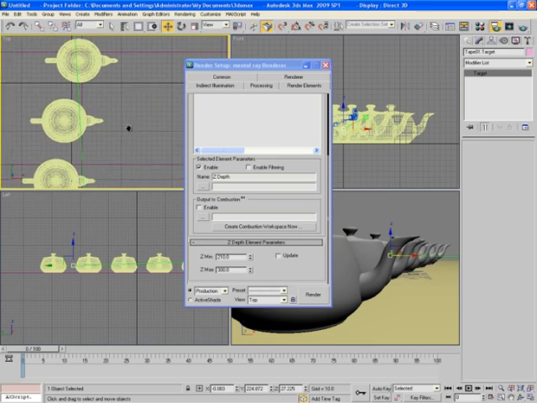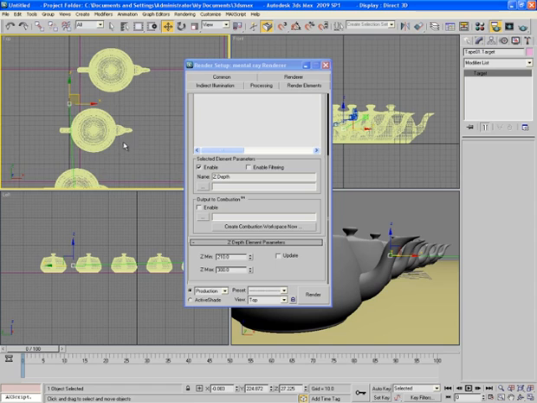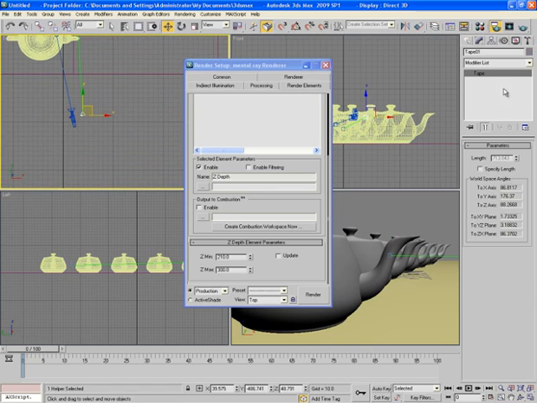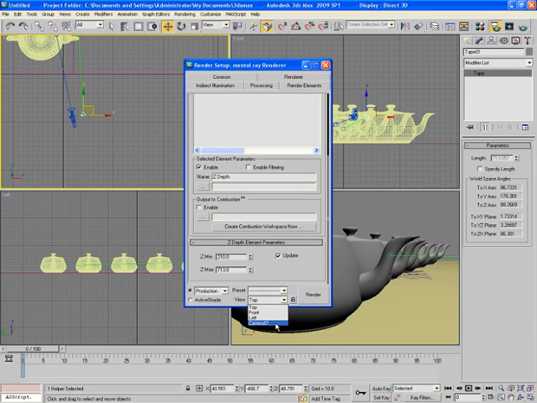It means Z depth will be calculated till this point or teapot only. And anything beyond that won't be visible. And pick this to know the length. This is 713. So I will change the maximum value to 713. Check the update option, select the camera view and fix it.